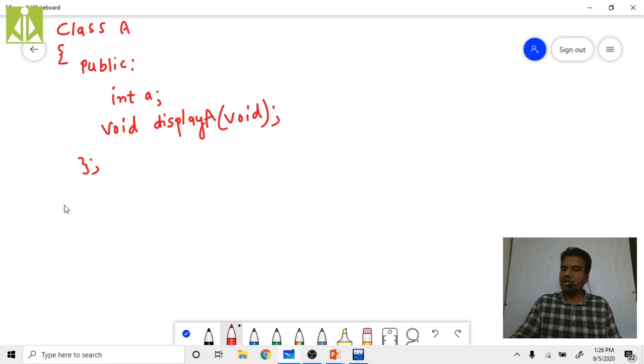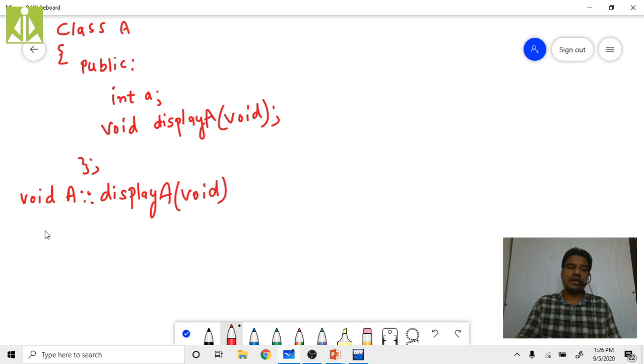How can we write it? First you write the return type, that is void. Then take the class name A, use the scope resolution operator, and then put the function name displayA, followed by the parameters, that is no parameters, so put void over here. Then write the code for this.